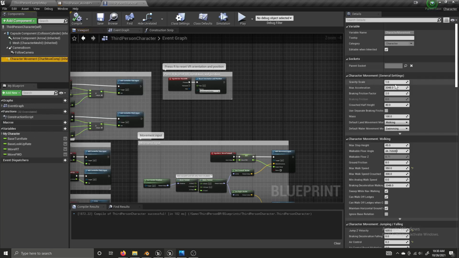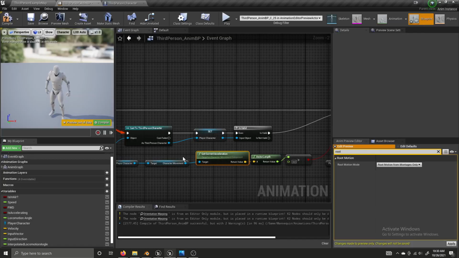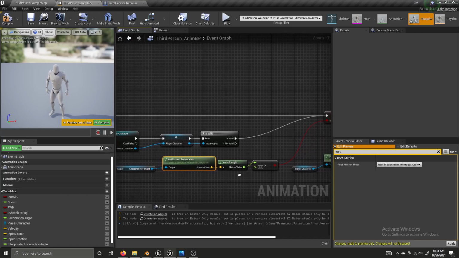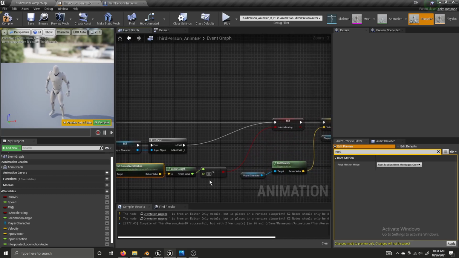You can see our max acceleration here, but it is going to be split between right and forward. And so what we're doing is we're getting the length of the vector. So in this case, our vector is diagonal like this. Getting the length, we'll just get the length of our vector of our arrow, and that'll tell us what our actual acceleration value is. And if it's greater than 0, we are